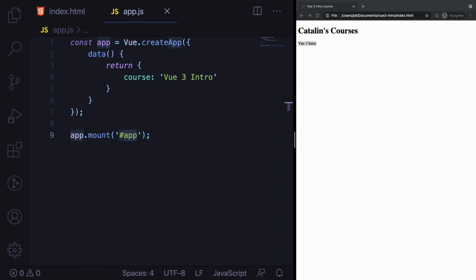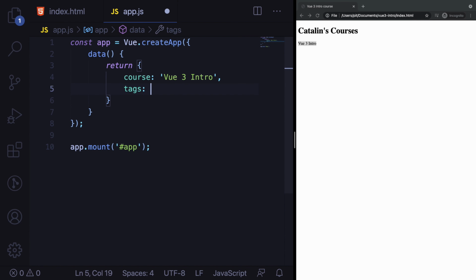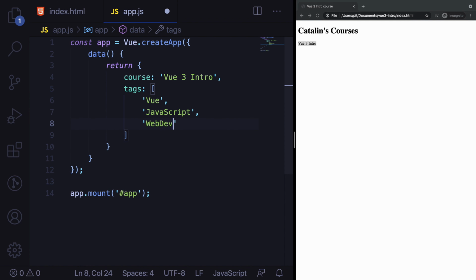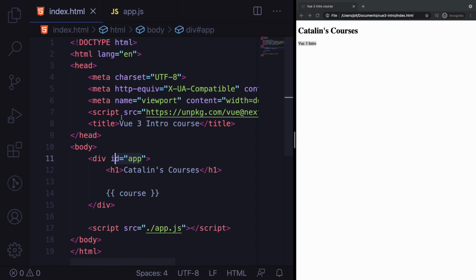In Vue, we can loop over lists, arrays, and so on using the v-for directive. First of all, let's add a new field, which is a field of tags. These tags are an array. So let's say we have Vue, JavaScript, and web dev. Let's save it, and now let's go into our HTML file, and let's add